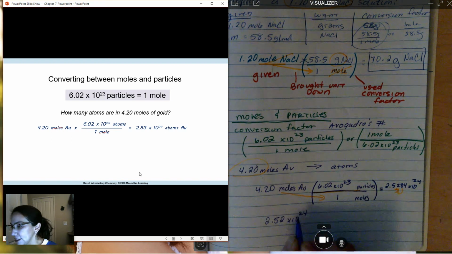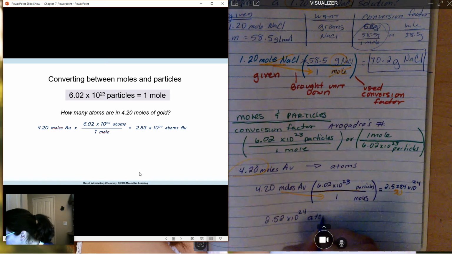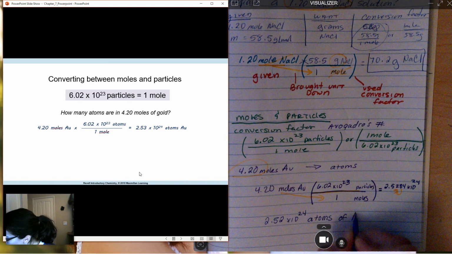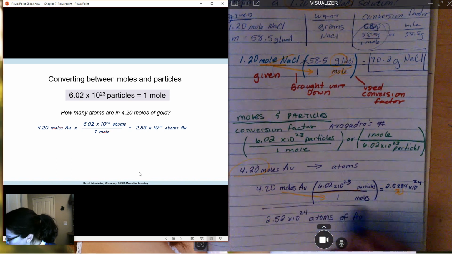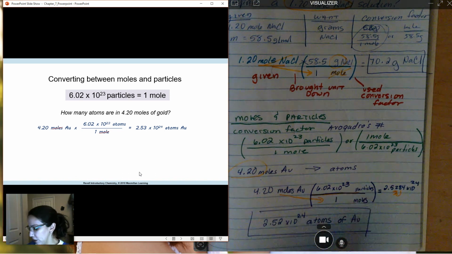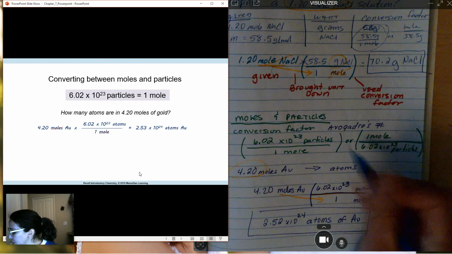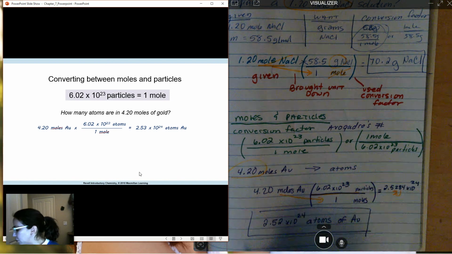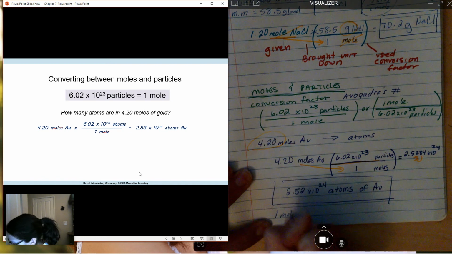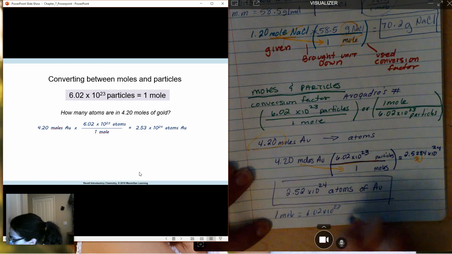And in this case, our answer, the question said atoms. So we're going to put this in atoms. Of what? Of gold. Okay. So we'll notice here it says particles. And you're like, well, you put atoms. So when we're doing Avogadro's number, remember it's the number of particles. So particles is equal to 1 mole, right, is equal to Avogadro's number of particles